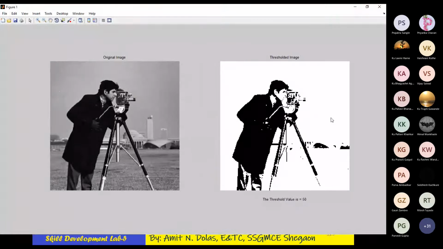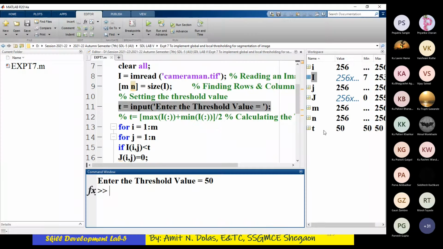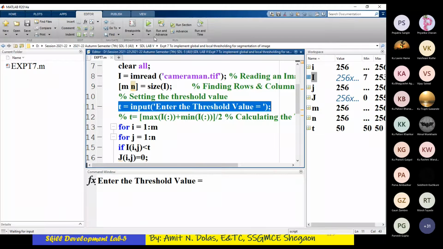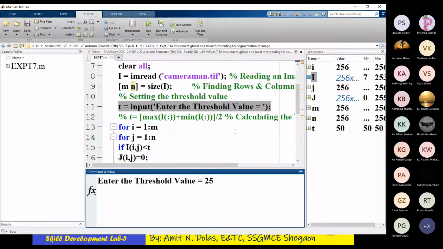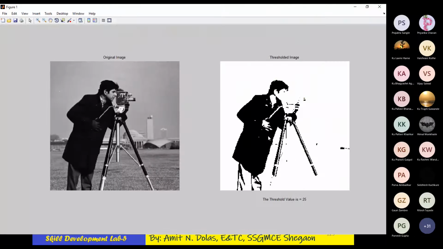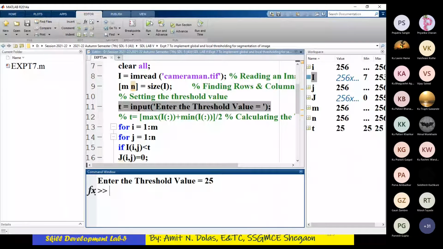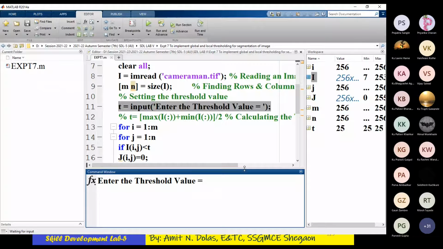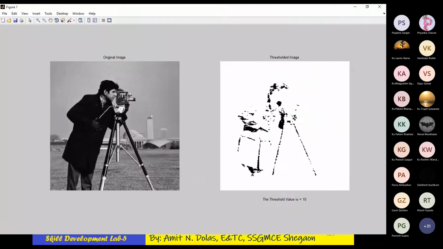Yes, you can see that the black spots here have converted to white because I am taking a much lower threshold value. Let's rerun the code again. You may think, sir, why are you running it so many times? We need to understand what happens due to different threshold values. I used only 25 as the threshold value and you can see this whole black portion is disappearing, because I am giving such a low threshold that whatever dark portion is there is converted into white. After using 10, can you get any information from this output image?